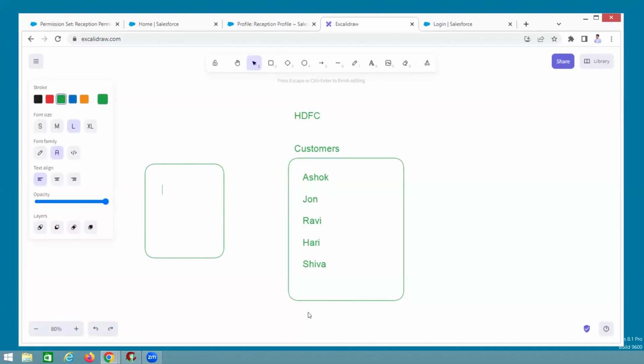So we need to provide security at the data level. Ashok opens net banking, Ashok is able to see the Ashok record. Shiva opens their net banking, Shiva is able to access their own data: the Shiva account number, the current balance, the statement and everything. Understand? The same concept will apply here. For example, see,